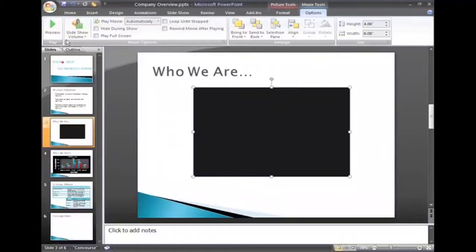From Slideshow Volume you can set the volume low, medium, high and mute. If you want to mute the volume of the video, you can do it here, or you can set the volume as you want.